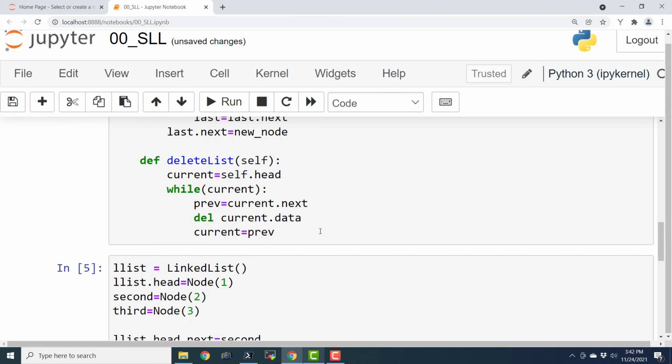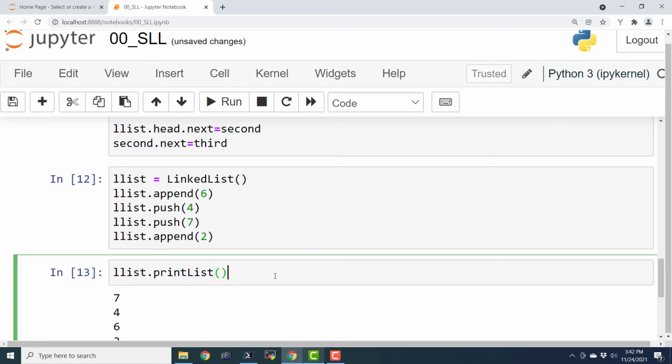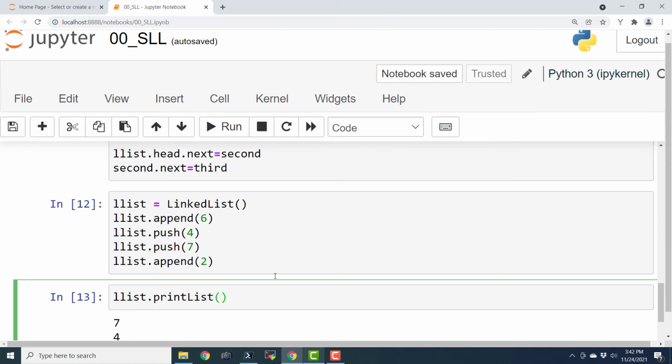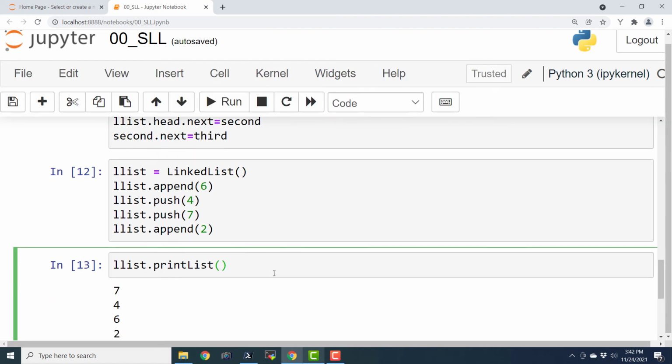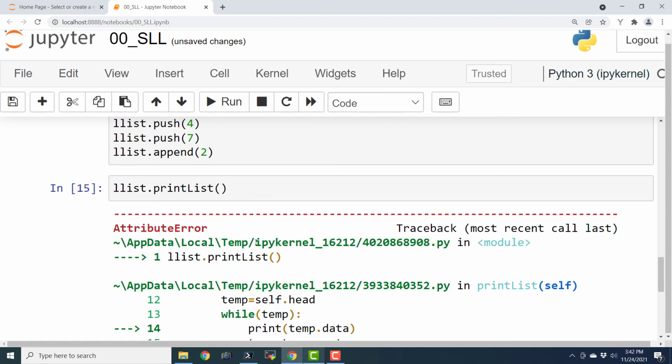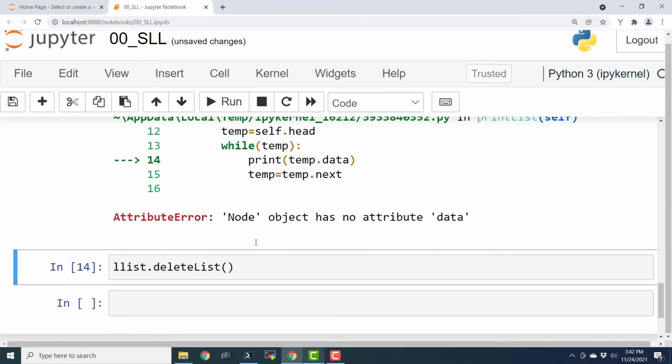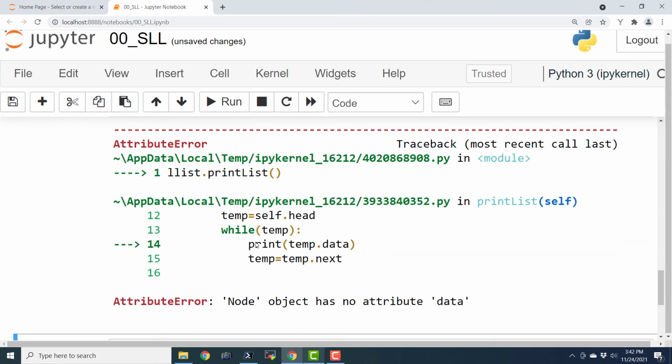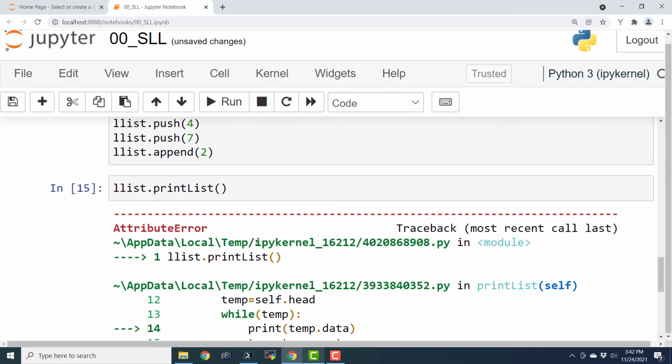You can actually add a simple print statement saying that the list has been successfully deleted, and you can return 0. So this means that the routine has been executed successfully. So a bit of Unix style coding. And then now we are going to try to print the list, and it should throw some sort of error. And yes, it is throwing the error because that list doesn't have anything. So this is how we can define a routine to delete a list, and we can delete a list and then try to see its value.